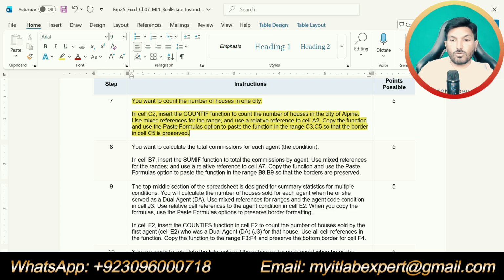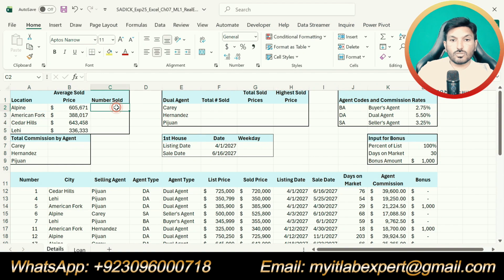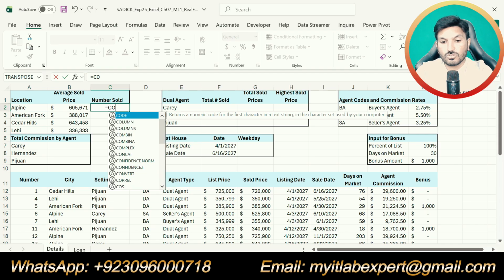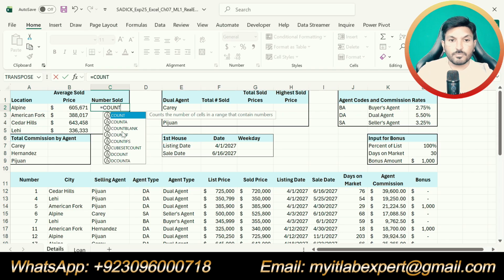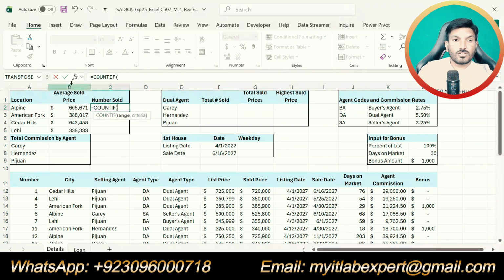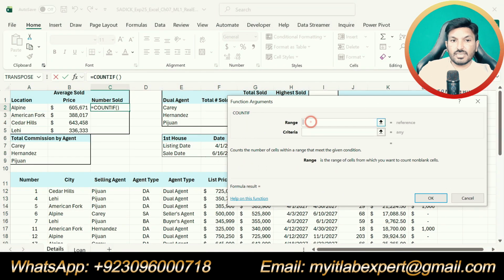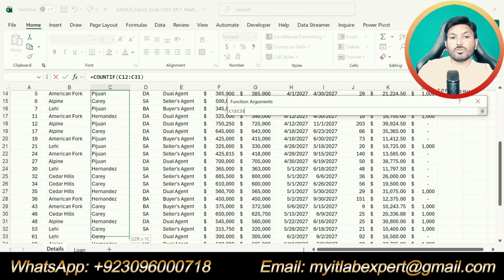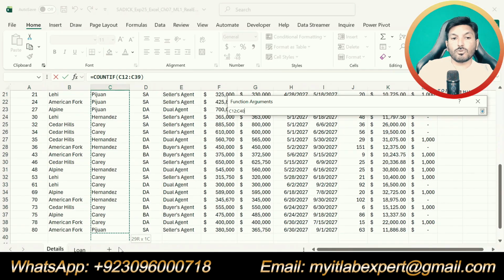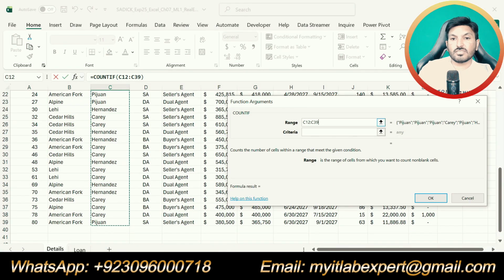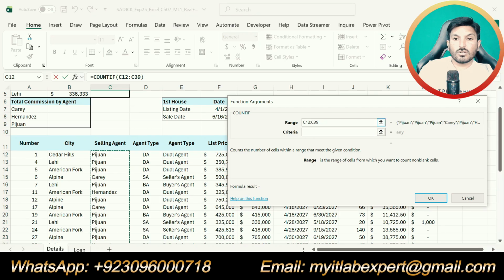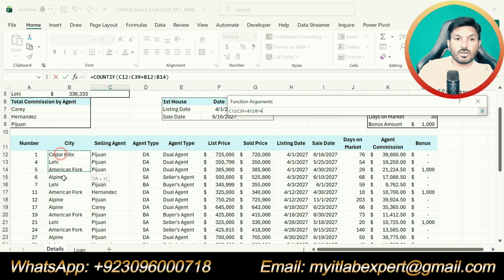So now we will go to cell C2 and we are supposed to use the COUNTIF function. This one. Now click on the function symbol to select the range. The range will be the city column, starting from B2 up to B12. Sorry, not this one, the city column.